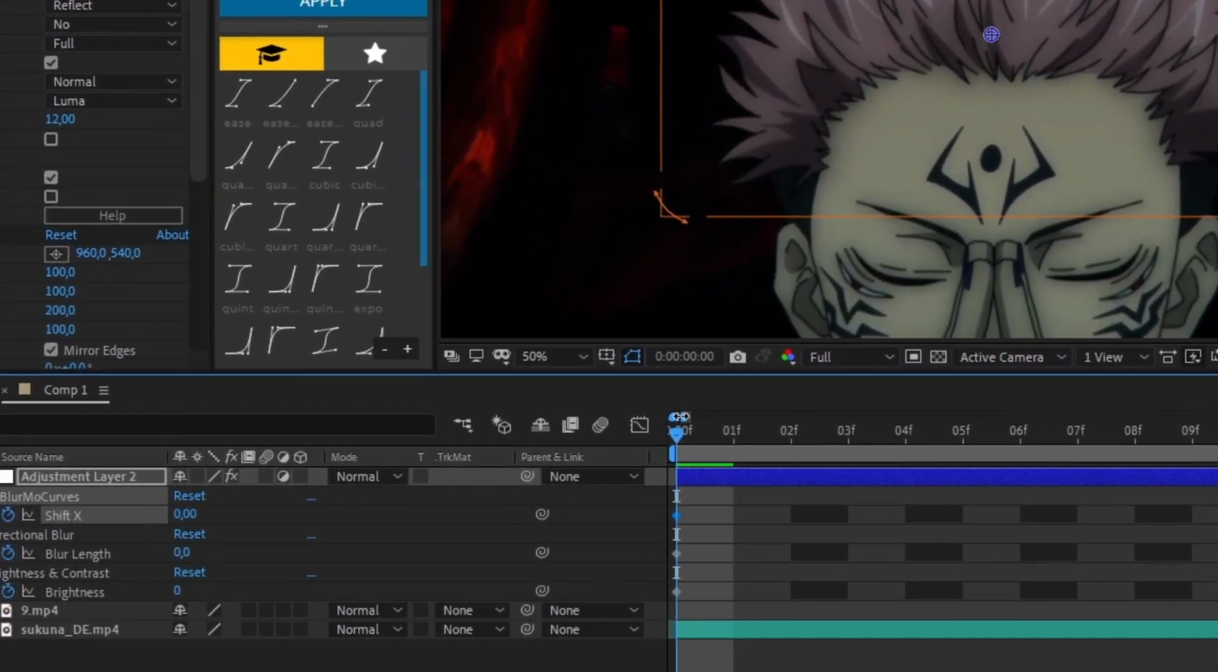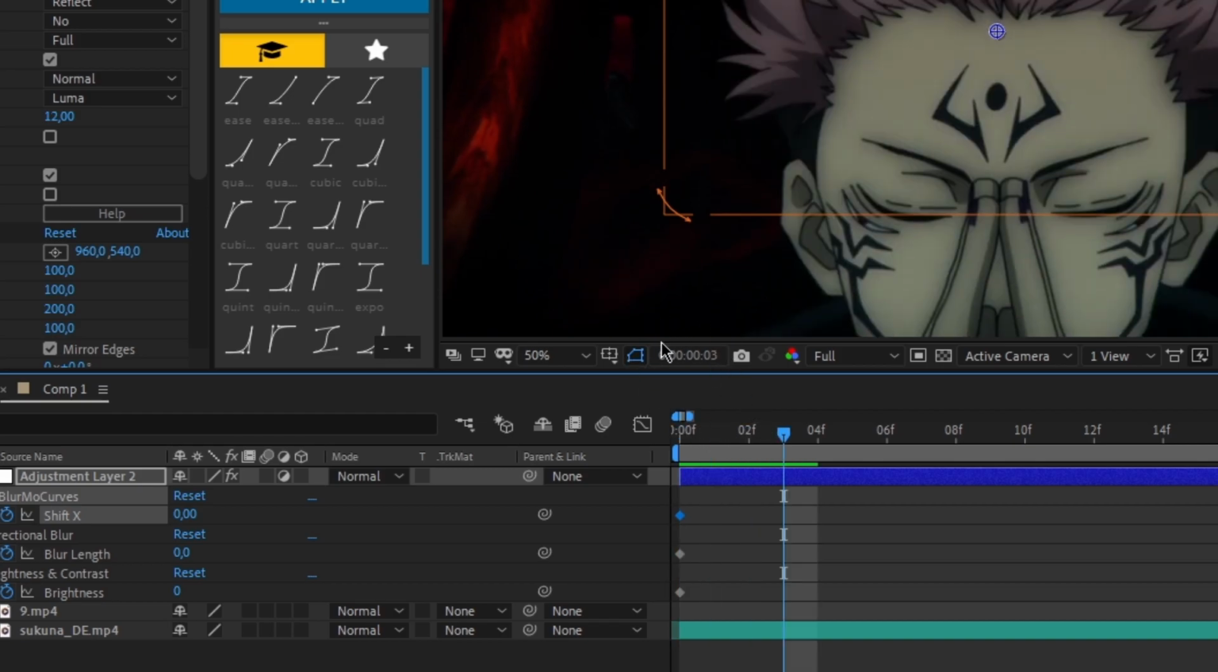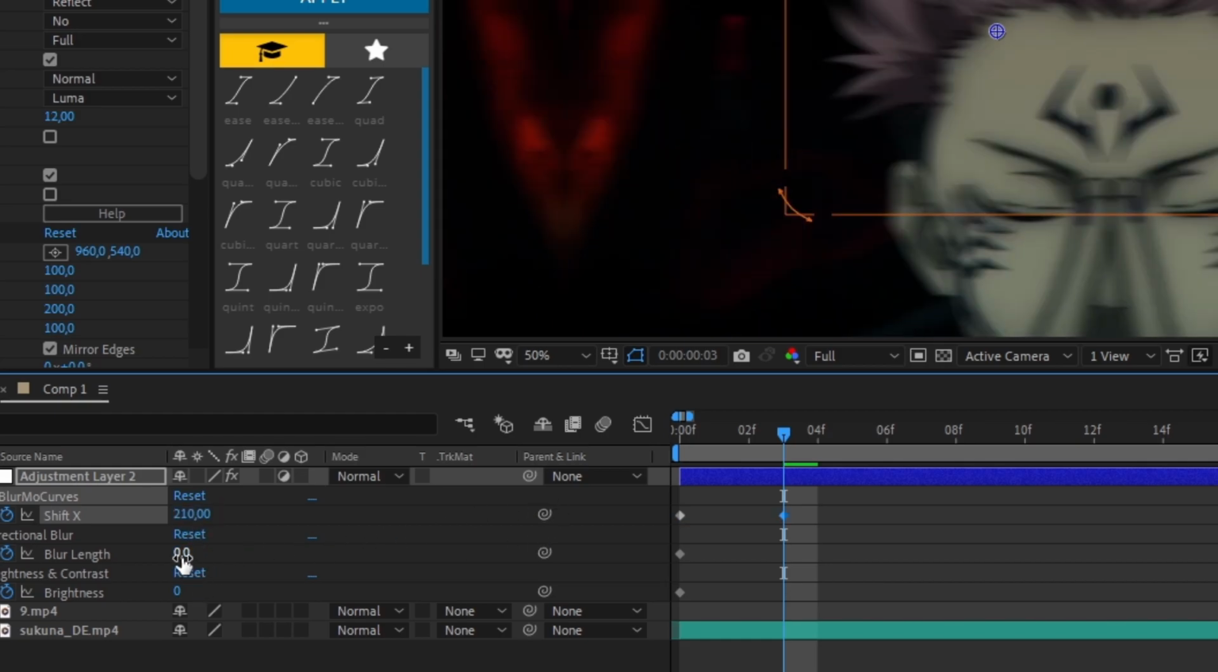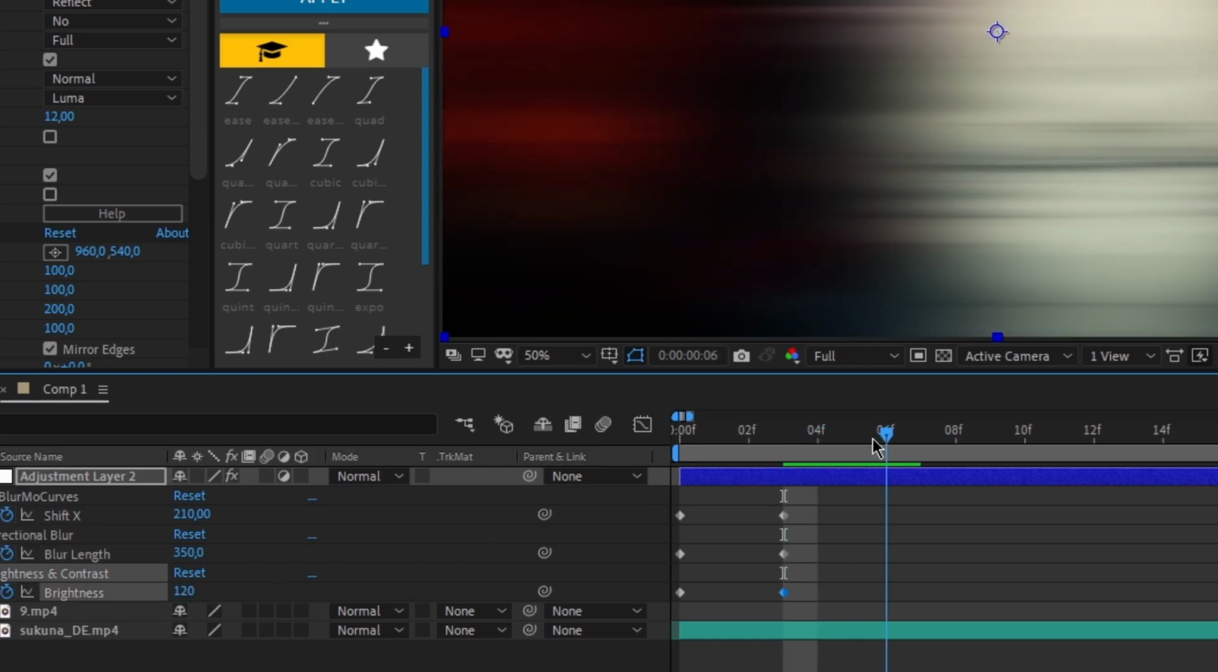and the adjustment 3 frame, shift X 210 and the blur lens 350, brightness contrast 120 and the 6 frame, shift X minus 17